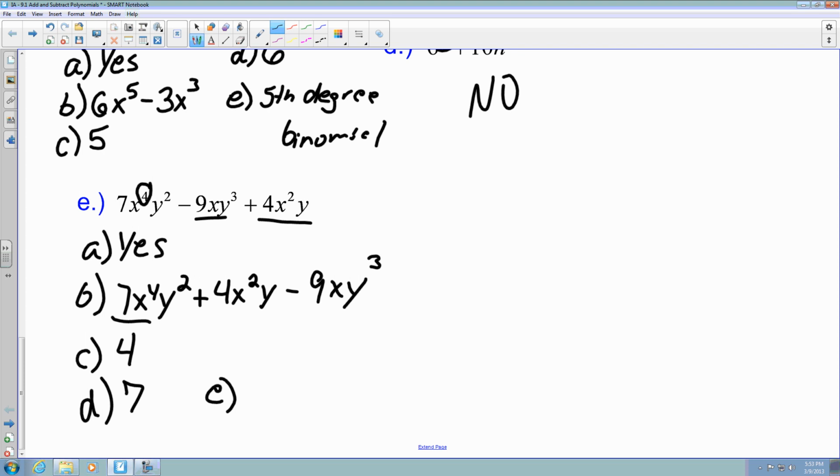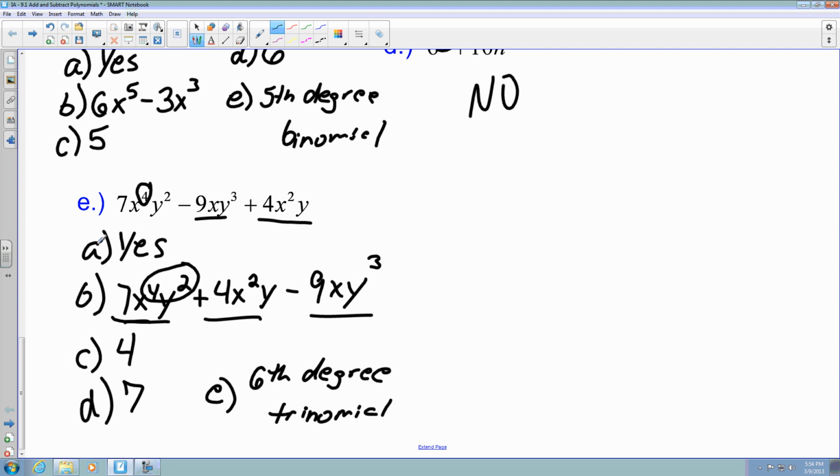So for the classification, you would take the degrees of the terms and add them together, so then this would make it a 6th degree trinomial, because there's 3 terms here, 1, 2, and 3. Okay,